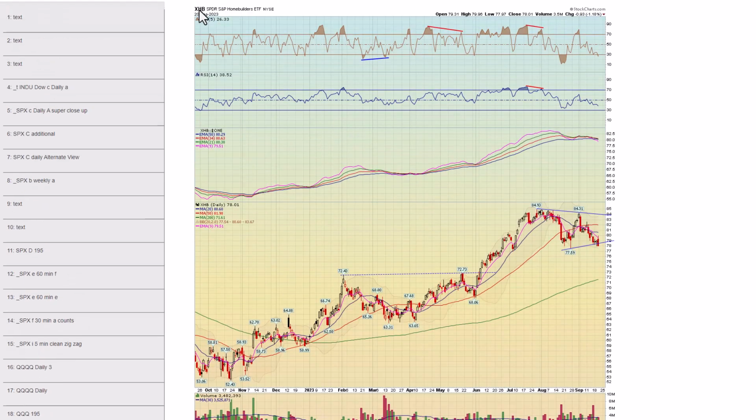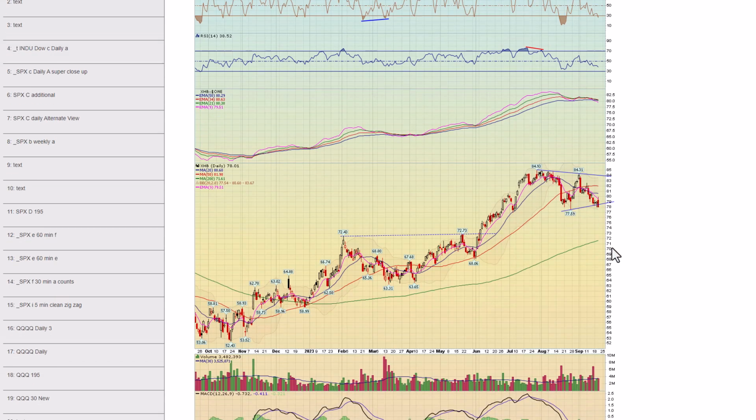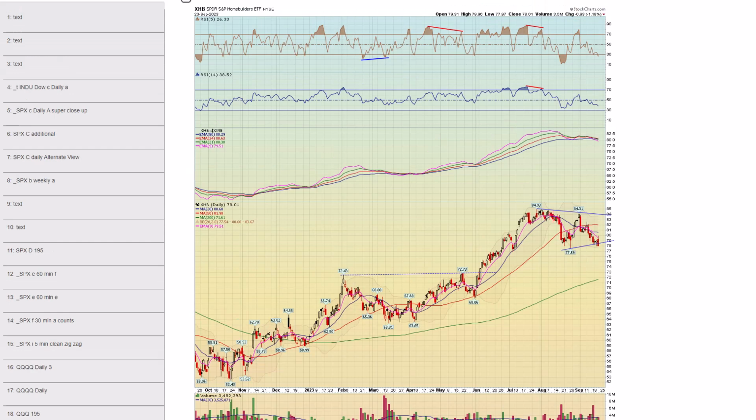Chart 44, XHB Home Builders. You can see home builders here leaking oil as well. By the way, some of the shorts I've issued tonight are in this space. We all know the problems in the housing market, and what's helped it is the very low supply, but eventually this area is going to give, and I wouldn't be surprised to see a big move down to the 200-day moving average.